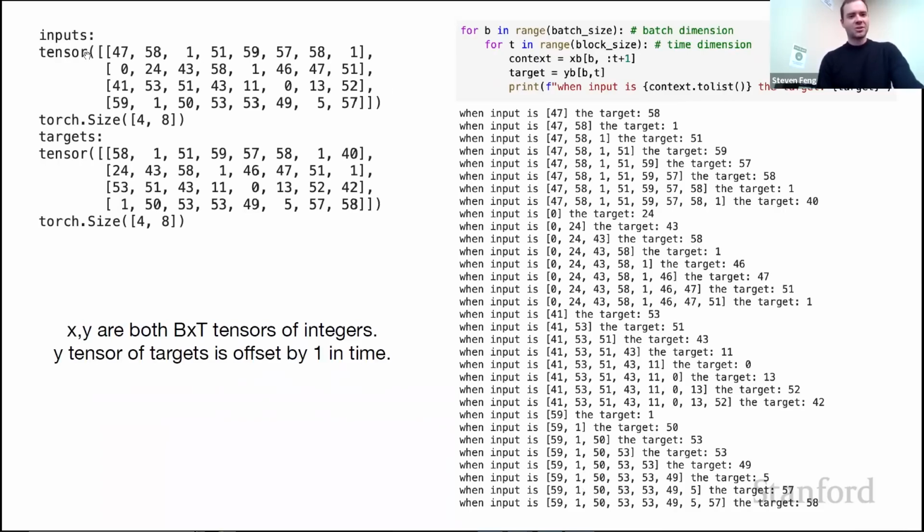You'll see that the batches are learned on completely independently, but the time dimension, here along horizontally, is also trained on in parallel. So your real batch size is more like B times T. It's just that the context grows linearly for the predictions that you make along the T direction in the model. So these are all the examples that the model will learn from this single batch.